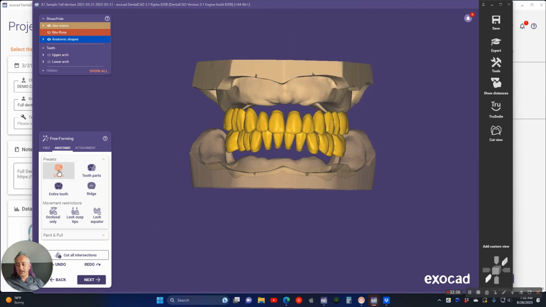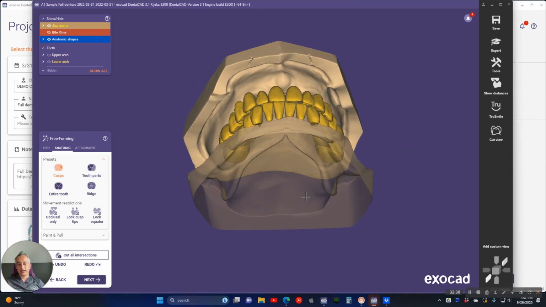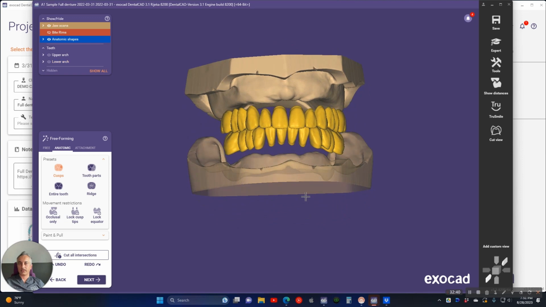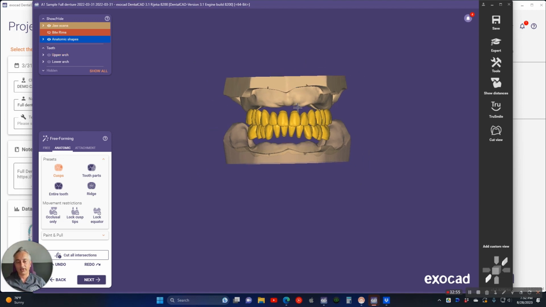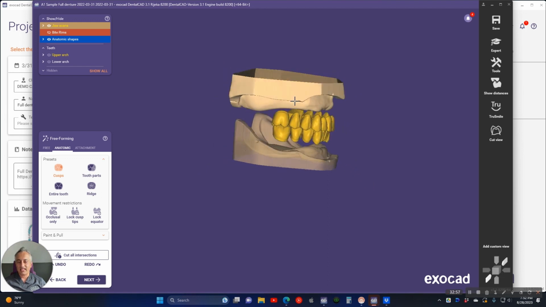In the denture module, I don't really like to mess with the freeforming because you should be able to get pretty perfect occlusion that doesn't require interproximal reduction, doesn't require any reduction whatsoever. I'm not even worried if any of these teeth were into the base because in a future step, it's going to correct that anyways. So now we're ready to create some gingiva, and overall, these teeth might be a little